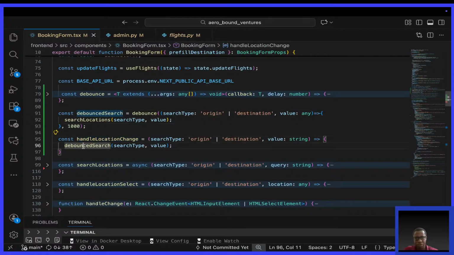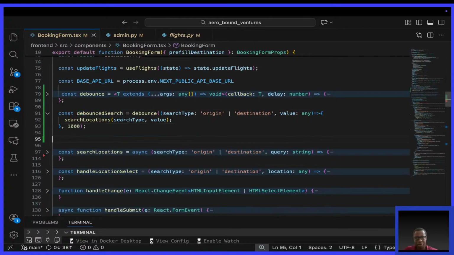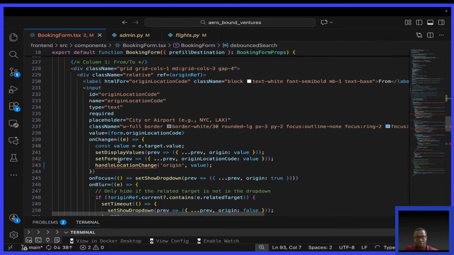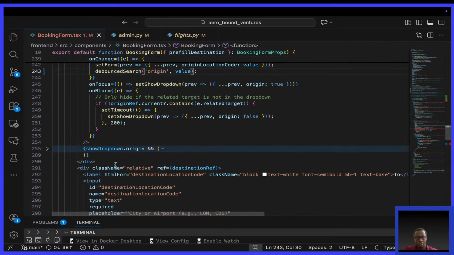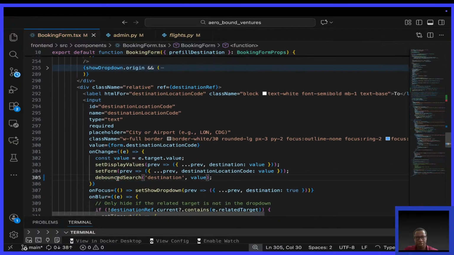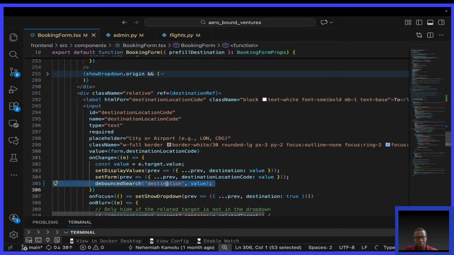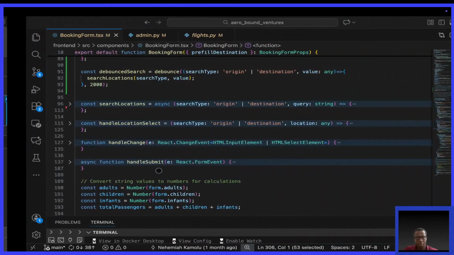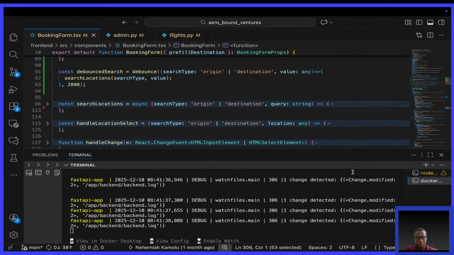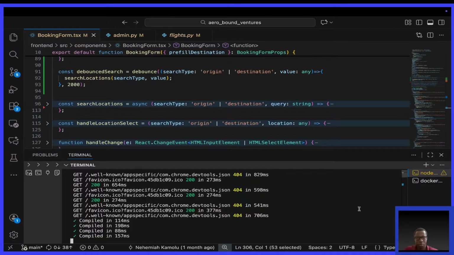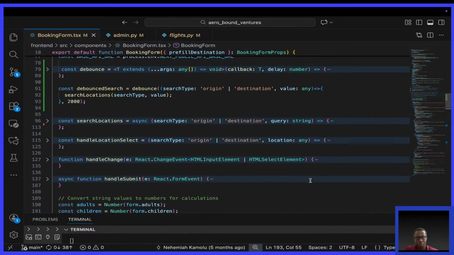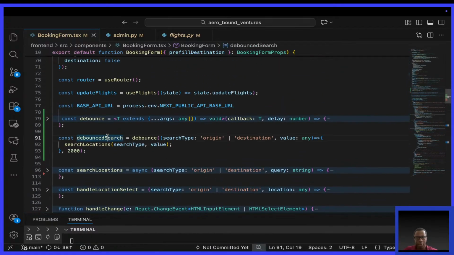Here, there's even no need for this. I can just simply call the debounce search directly. Because even if you put the 2 milliseconds, change this. Okay, this should now be the debounce search destination value. Okay, so all this is okay. I hope it's just because of one old build. So the debounce search called the debounce